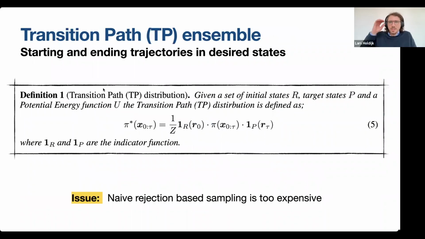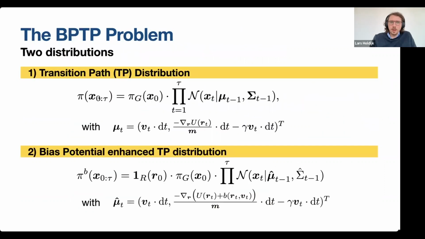This is the transition path distribution, where we have this distribution which starts in one state and ends in another state. So imagine this being here. And then we have a bias potential enhanced transition path distribution, which